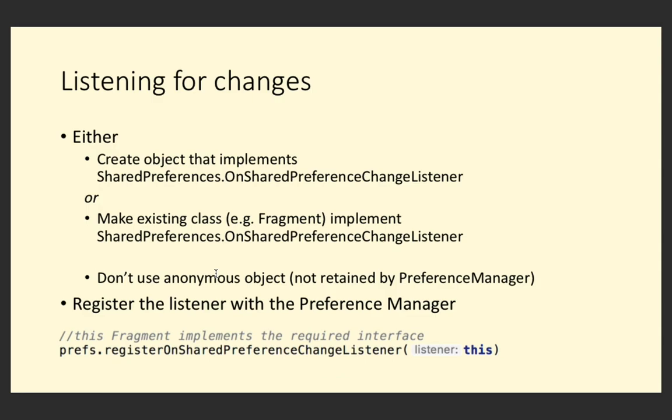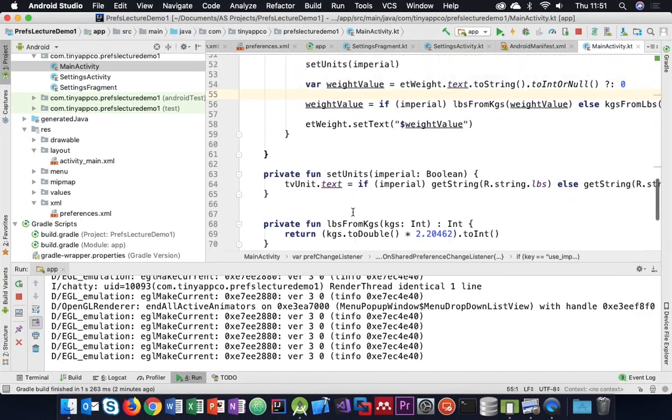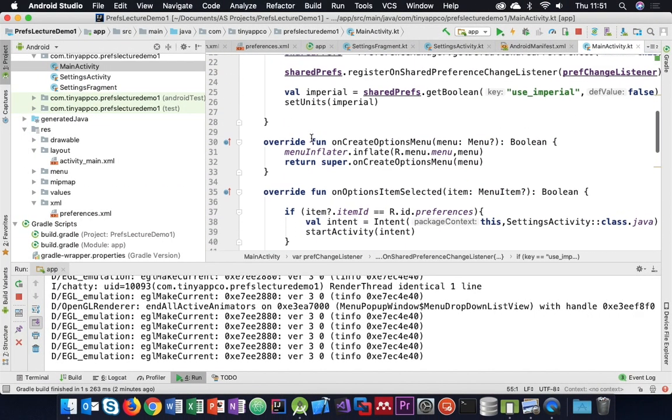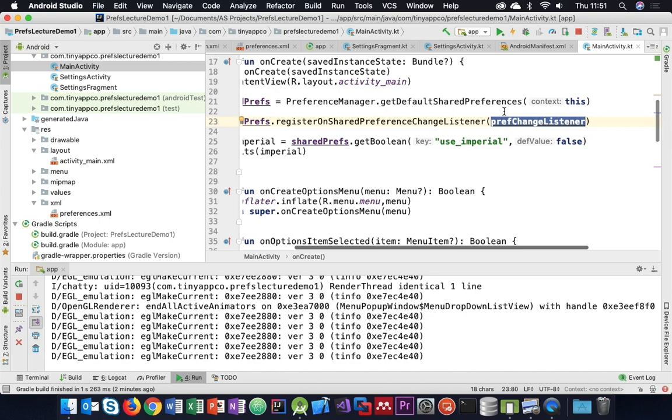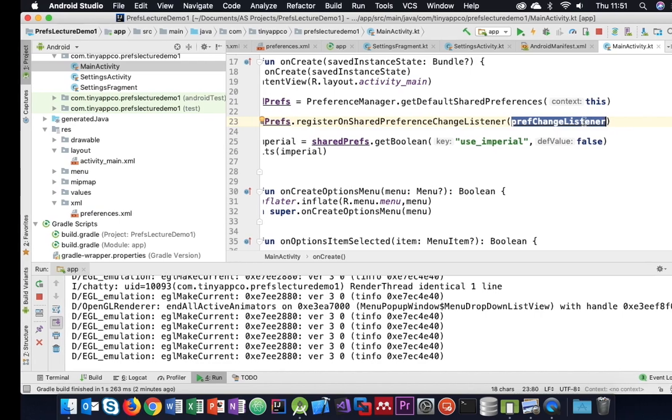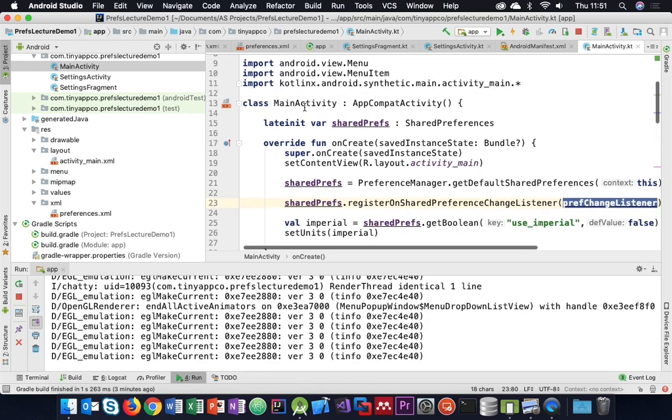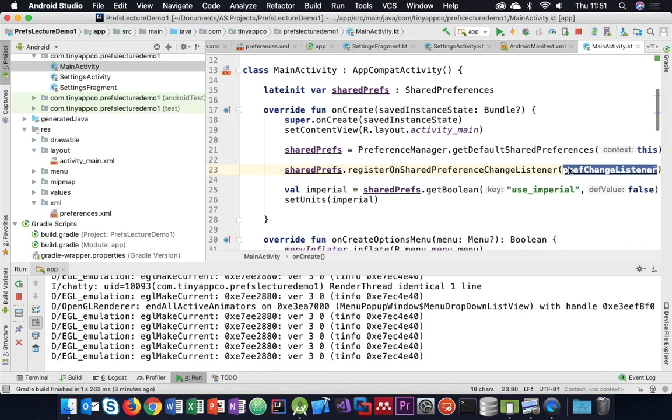The other thing I should mention, which I didn't, is that when we created that shared preference listener, we created it as a property of the class. Now you might have thought, instead of doing that, I'll just create an anonymous object in line, like we could do with a click listener. There is a problem with that, and it's buried in the documentation for the on-shared preference change listener: if we don't hold our own reference to it, like if it doesn't belong to our main activity or something else that we own,